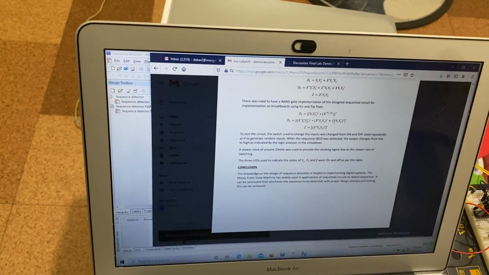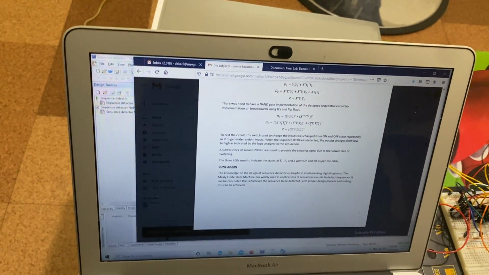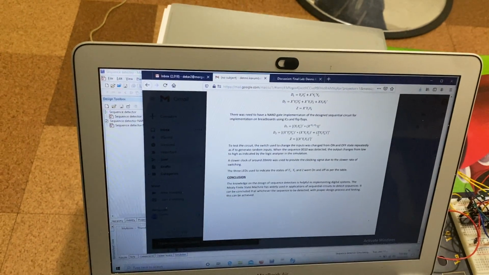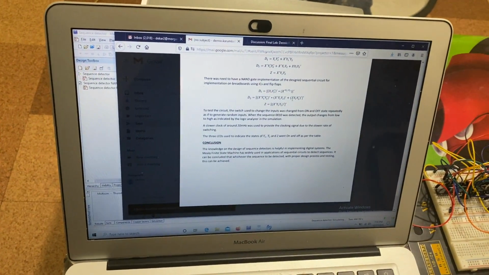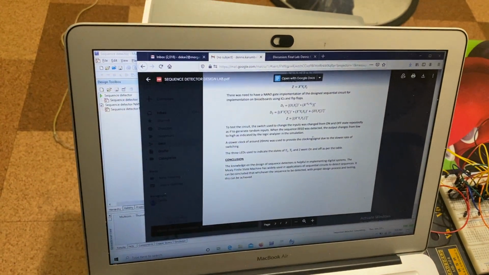It can be concluded that whichever sequence is to be detected, with proper design process and testing, this can be achieved. I had some difficulty in just a few things, but